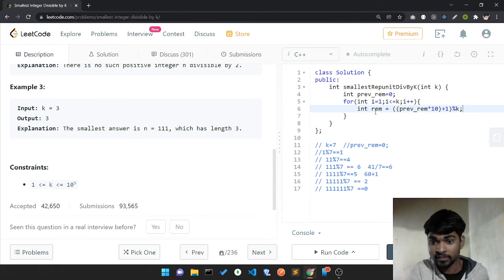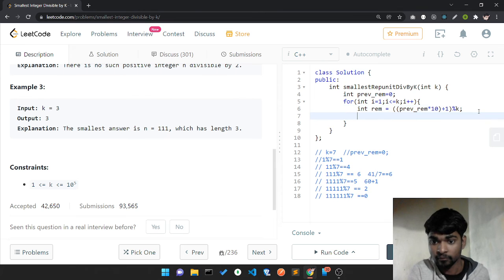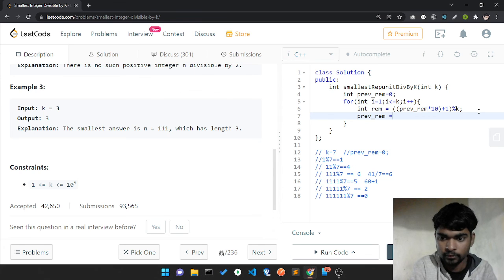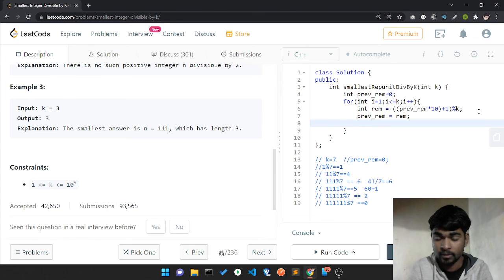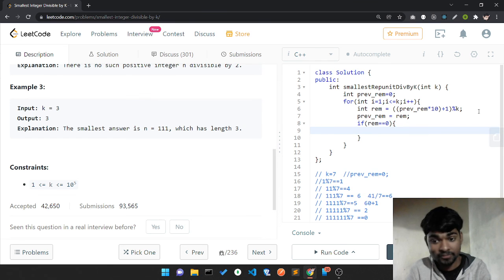So my current remainder is that, and after that I'll update my prev rem to the remainder. If my remainder value is equal to 0, if in any case I get remainder 0, it means it is divisible.